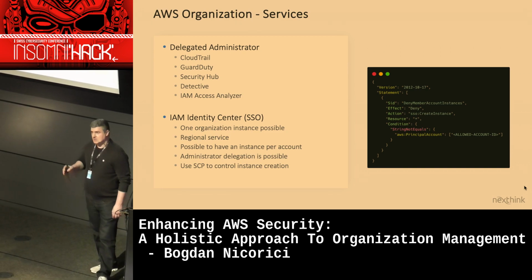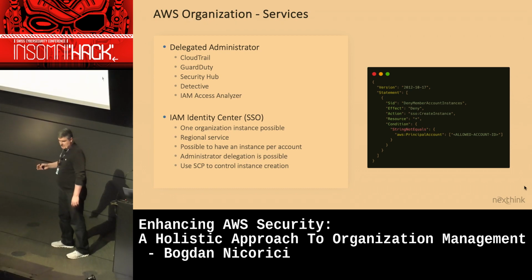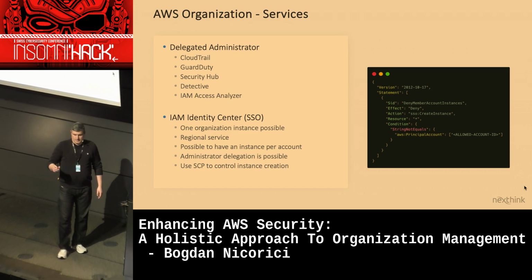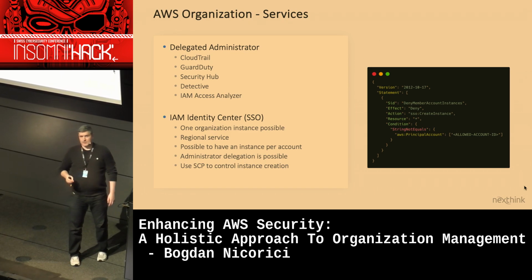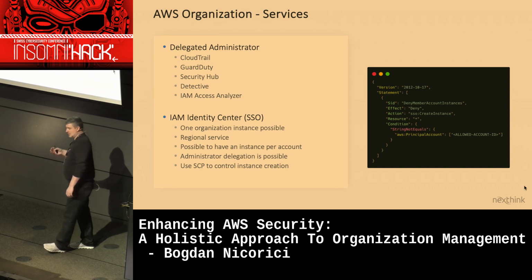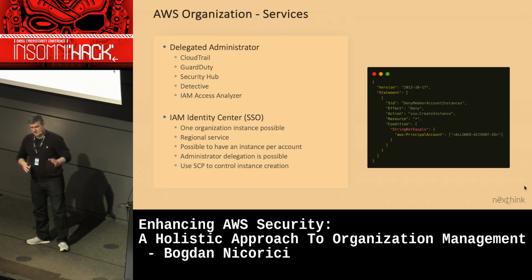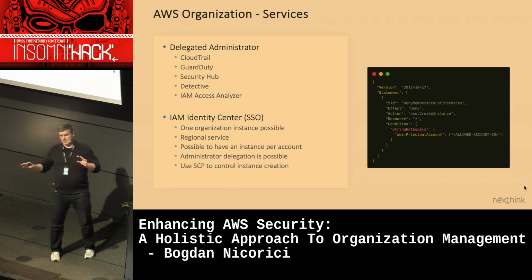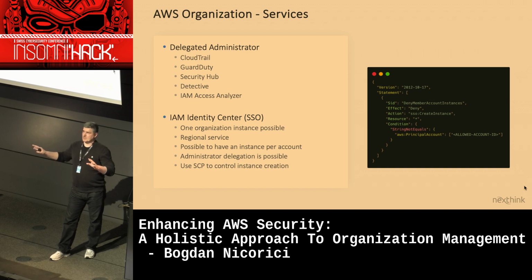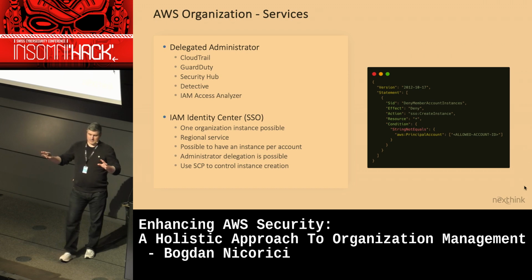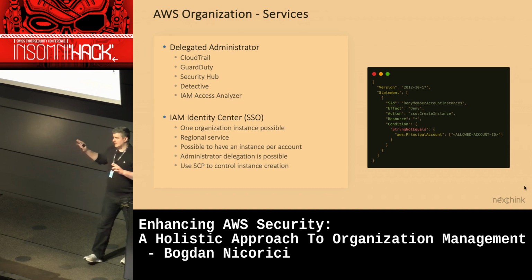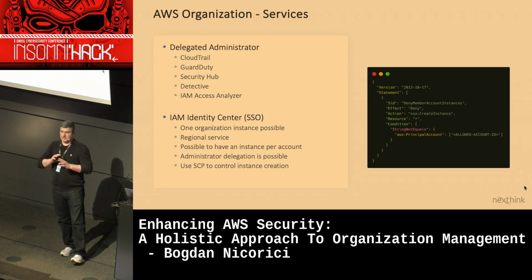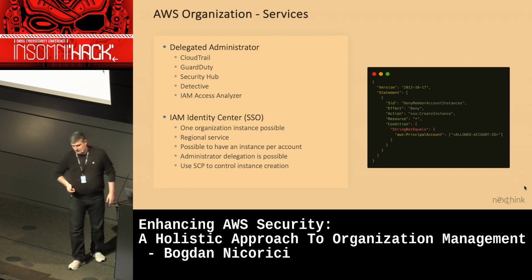You can actually have an instance per account, which is possible, I think, since a couple of months ago. AWS has made this possible. It wasn't possible before. You can delegate the administration of this account, and you should delegate the administration of this account, because this service will be managed by the management account. But you don't want people connecting to this account, and you still want to manage the service. So you have to do the delegation to a dedicated account. But there's one caveat with that, is that once you do the delegation, that administrator account cannot change permission sets that are deployed in the management account, which is actually good.